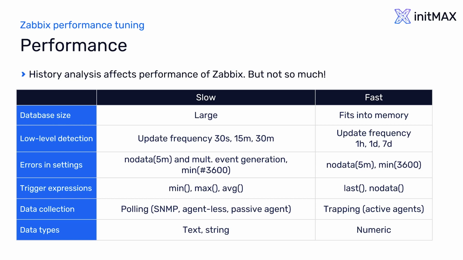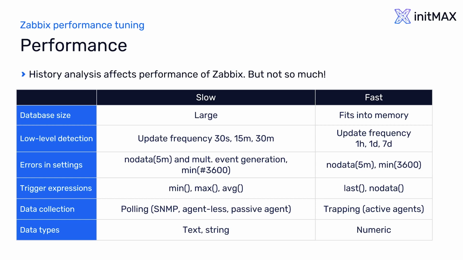Low level discovery: update frequency of 30 seconds, 15 minutes, 30 minutes is slow, and update frequency of 1 hour, 1 day, 7 days is fast. I think the biggest problem is with low update intervals. If we talk about 30 seconds, and sometimes we can see even 20, 10, 1 second that someone forgot to change after testing out some templates, because low-level discovery essentially gathers a huge load of JSON data for the Zabbix